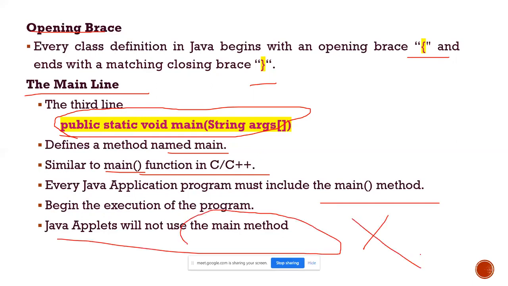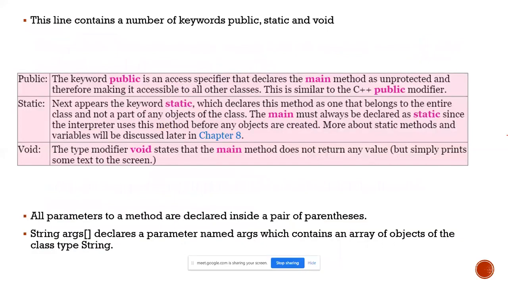Java applets will not use the main method. It is only for applications. Remember this point thoroughly. And the class contains the keywords public, static and void. Public, static, void. So public, as you have seen in C++, is an access specifier